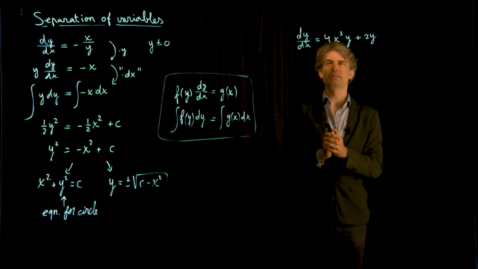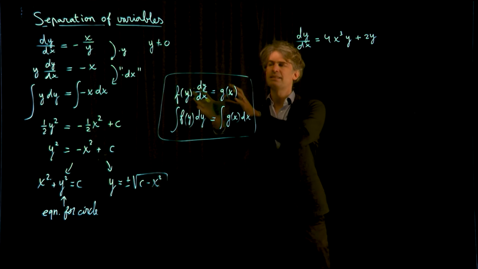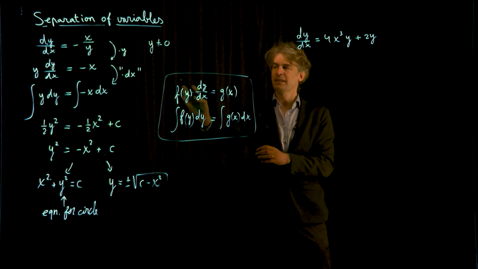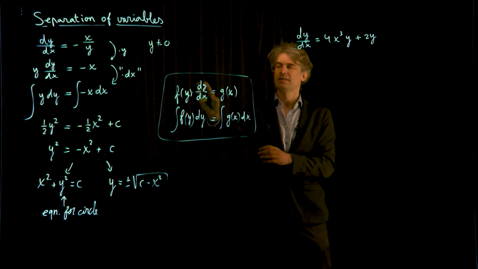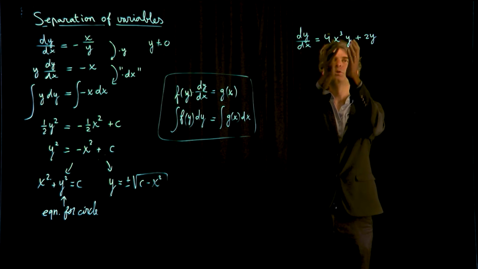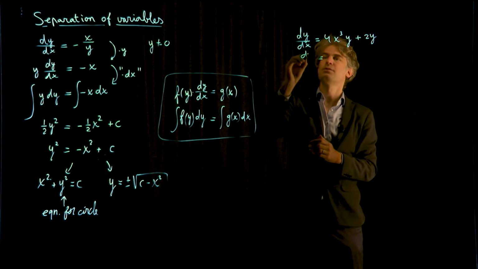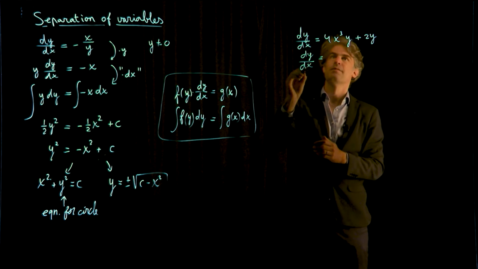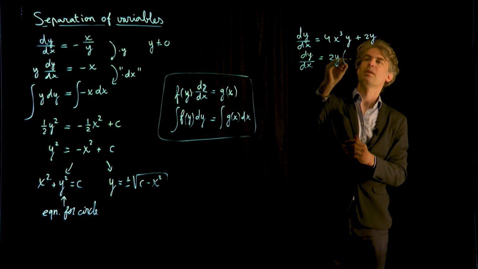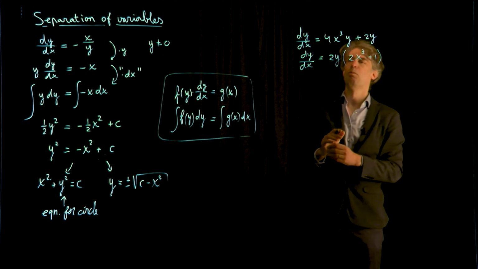Now, for a more difficult case, first of all, it's not immediately clear how to rewrite it like this, because notice there's a multiplication here. A multiplication of everything with y times this should be g of x, but here the terms are still mixed. I've got x to the cube times y. So the first step here would be to rewrite it and decompose it a little bit. I can actually decompose with 2y, and I get 2x to the cubed plus 1.